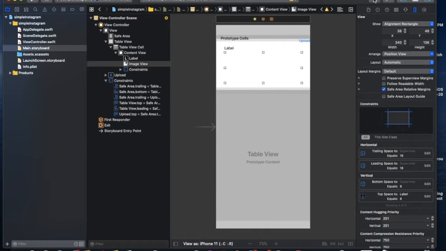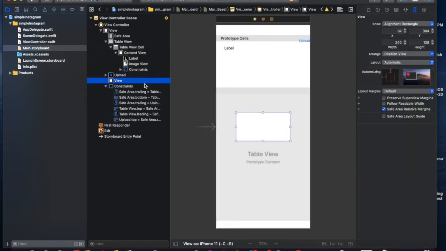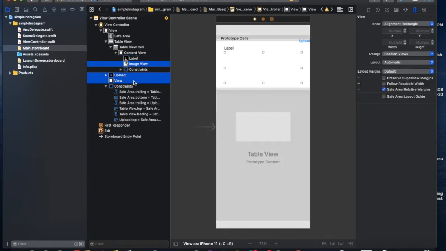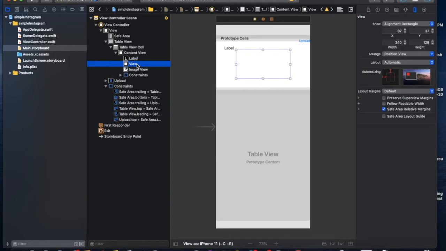Now you need a player. So for the player, you can make a player programmatically, but you need a view to show that player on. So we take a UIView within the cell itself, behind the image view. So the image will never be hidden due to this.